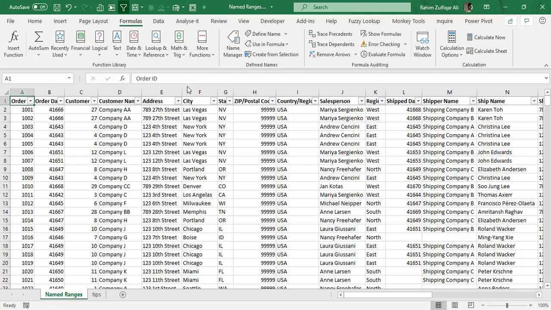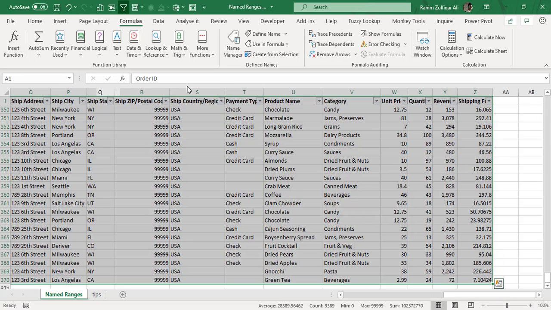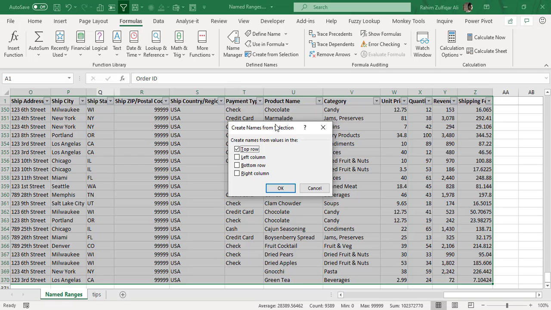What you are required to do is first select your entire data source. Okay, so select the entire data source or database, and in the Formulas tab click on Create from Selection. So when you click on Create from Selection, this window is asking that this particular feature will give each of your columns a name, but from where should those names be picked? So we are saying to this feature that give each of the columns a separate name, and